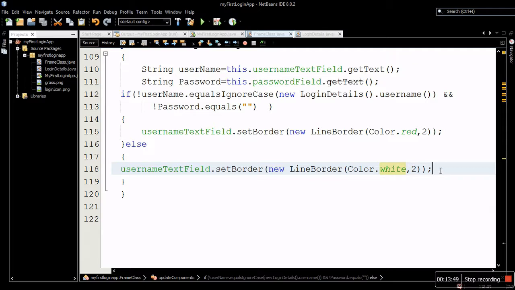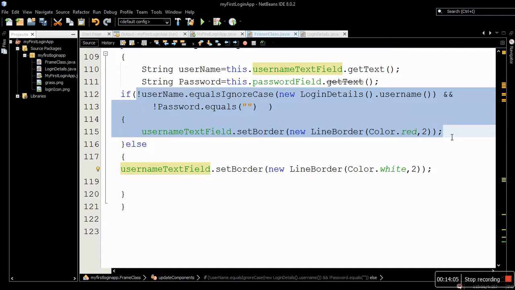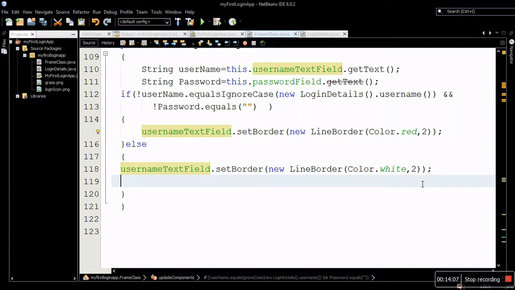It should be somewhere here. Now while we are changing the color of our username, while we are changing the border of our username field, so meaning everything here will be correct. So what we're gonna do is inside our else statement, we're gonna say now